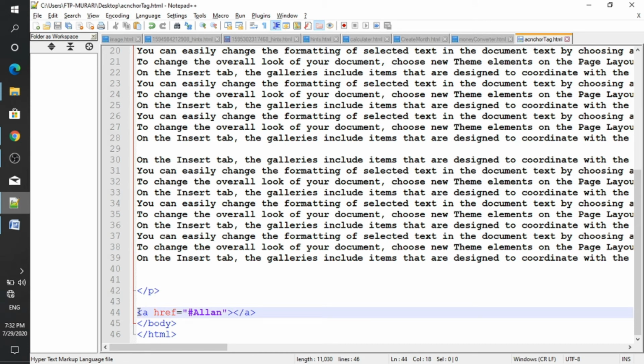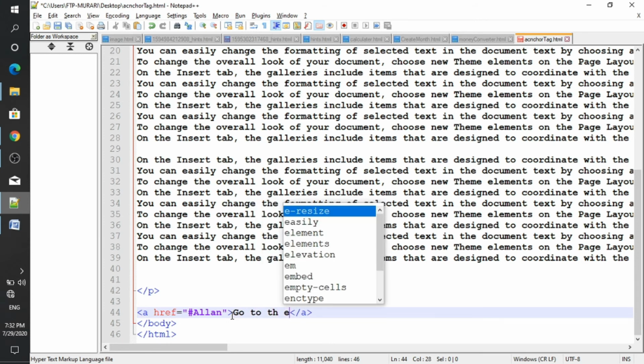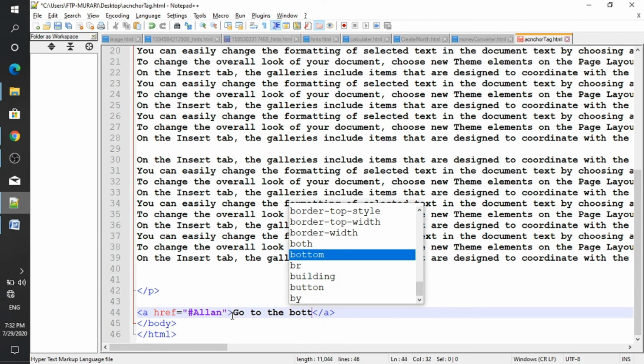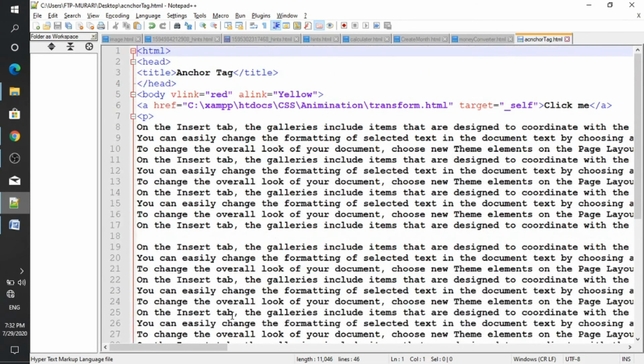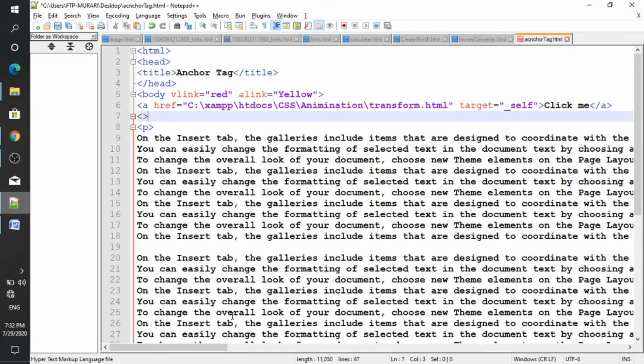Here I add the anchor tag with the href attribute, then hash Alan. Go to the bottom. And I add here a, that means anchor tag, and close it here.